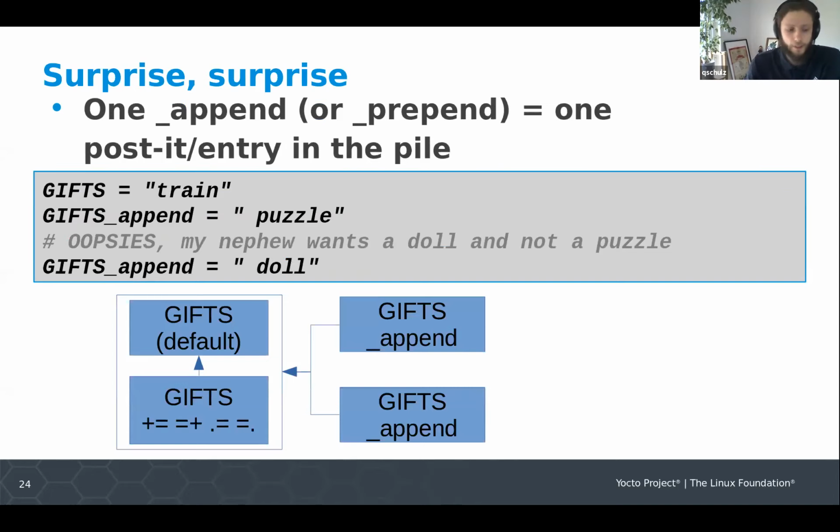And why it's important to understand that _append plus equal is not doing what you think it does is because _append, or _prepend for that matter, is just one post-it or a new entry in the pile. So this means that you cannot override an _append. So in the following example, my nephew is asking me for a train for Christmas, and I understand that